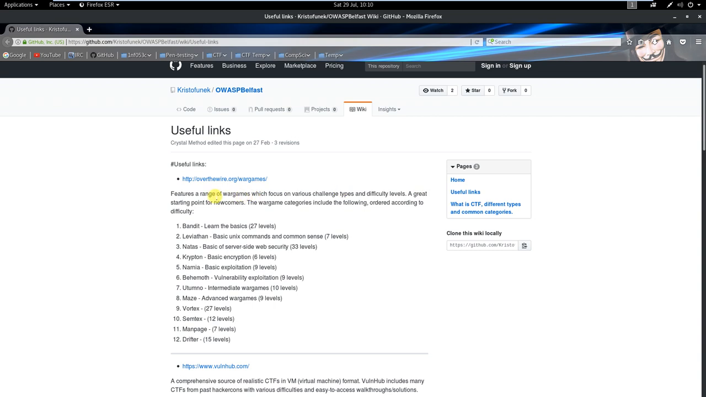OverTheWire has, it says here, a range of wargames with different topics. So we're going to start with Bandit. It has 27 levels and it's just learning the basics. We'll probably move through these pretty much in order. Not all of them are active, but most of them are, so I'm going to try and go through them all and get them up onto